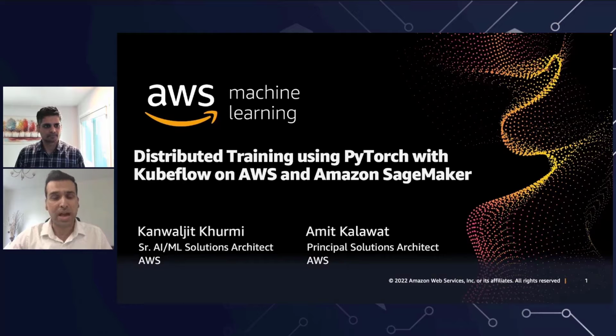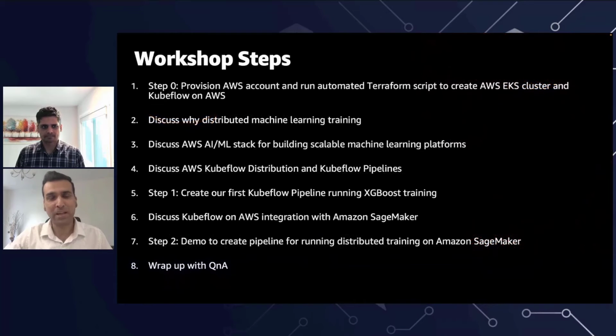Now, let's take a quick look at the workshop agenda. In this workshop, we are going to use Amazon EKS Cluster 1.22 version and AWS Kubeflow Distribution 1.6 to run a PyTorch-based distributed data parallel model training example. And while we run that example, we will also create a machine learning workflow using Kubeflow pipelines, and we'll use Amazon SageMaker to provision a fully managed infrastructure for model training. And if these services are new to you, don't worry, we're going to cover those services in detail during this